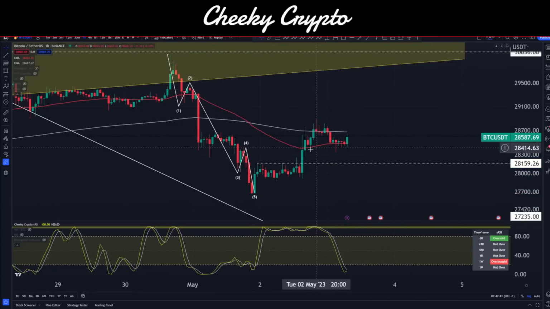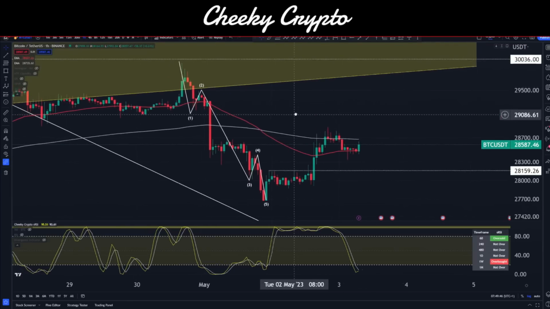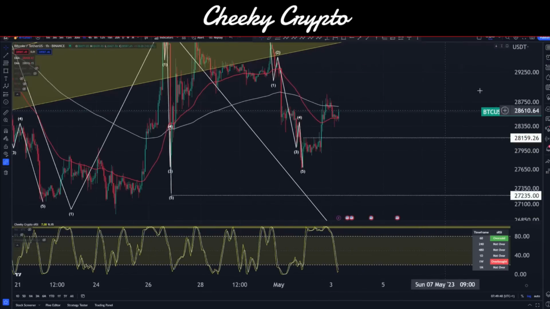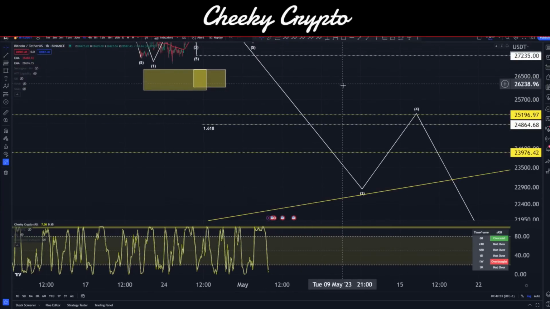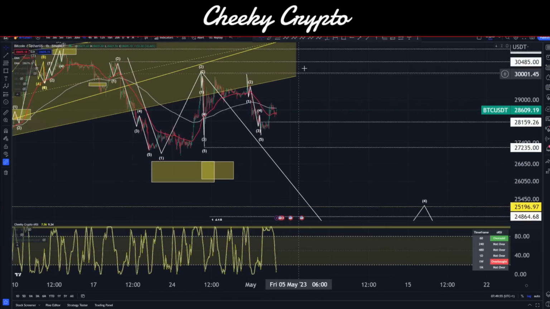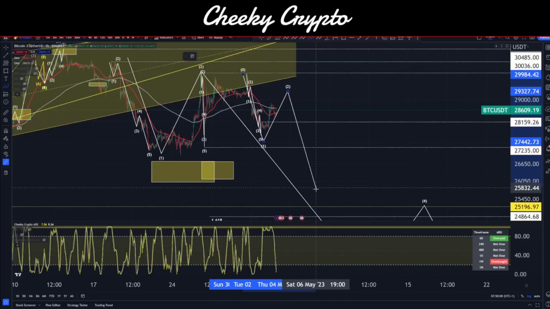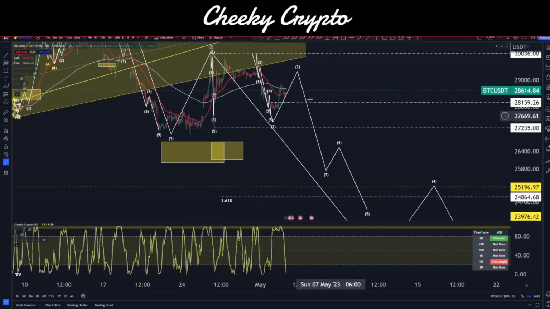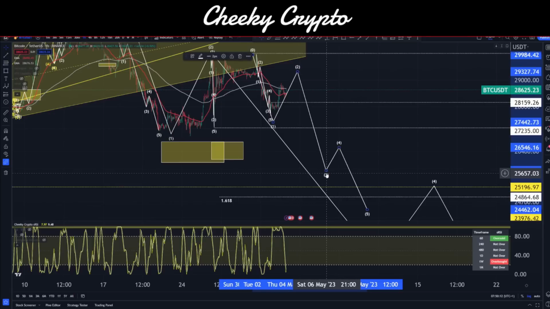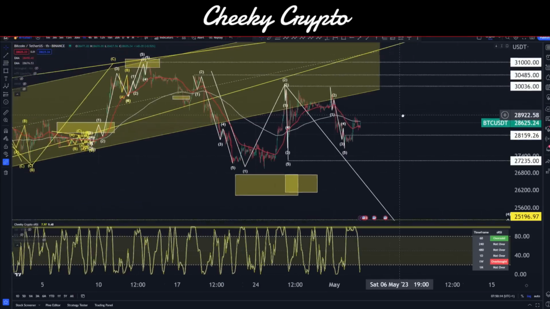So we want to be really aware and cautious of markets at times, and I'd say now's a pretty interesting time to be cautious. Overall, our structure, I think, is going to be leading us down towards 24,864, and I expect today to be that bearish situation that unfolds. 1, 2, 3, 4, 5, for example, taking us into this big 5-wave structure. I don't expect all of that to be complete today. I would expect wave 2 to be complete today, and at least start wave 3 coming down. That would be my expectation.